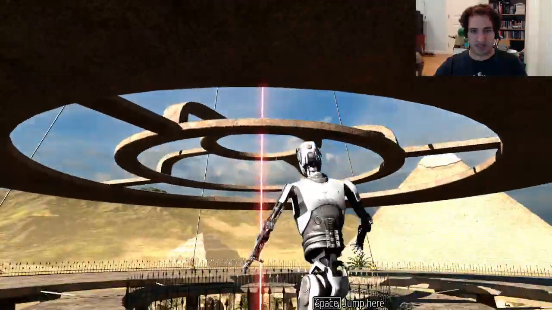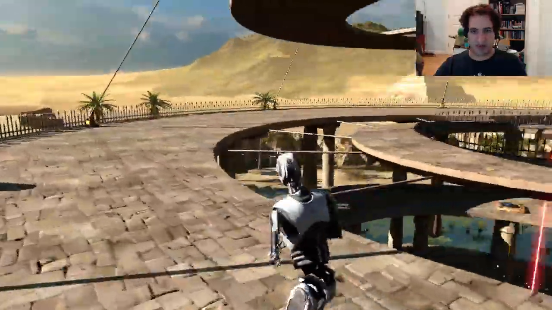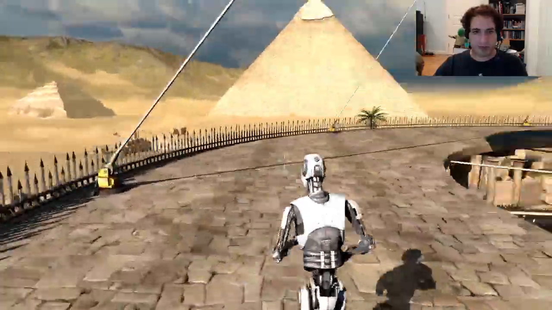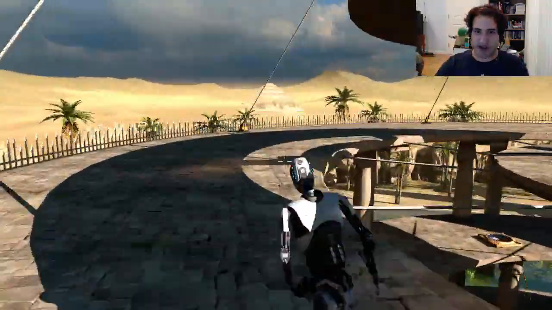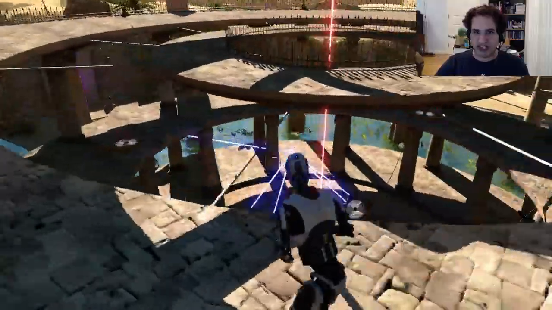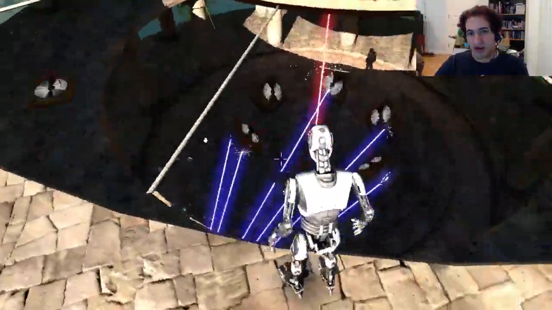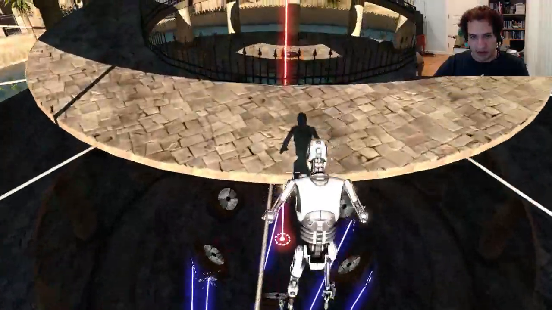And then I can jump to the center. What does that get me? There's nothing out here. There's just nothing out here. There's nothing going on here. That's so weird. Alright. Can I...